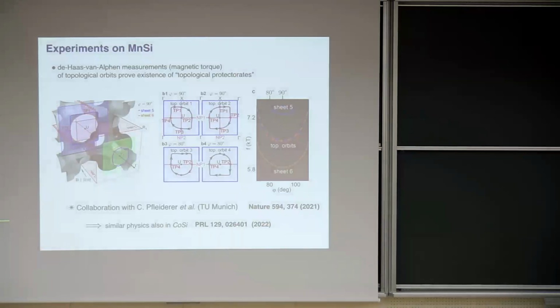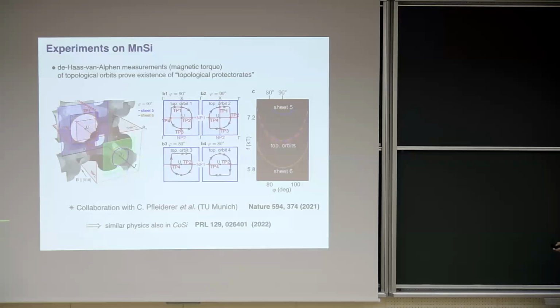Okay, so then we have teamed up with experimentalists from TU Munich to verify this band structure in the Haas van Alphen experiments. And so here you can also see signature of this topology. So basically in the Haas van Alphen experiment, you measure certain orbits. So the electron in a magnetic field will perform an orbit along the Fermi surface in a plane which is perpendicular to the magnetic field. And so then we can look at orbits which go through these nodal planes. So for example, here we have an orbit that goes like this, and which intersects these nodal planes here on the top of the Brillouin zone cube and on this side.